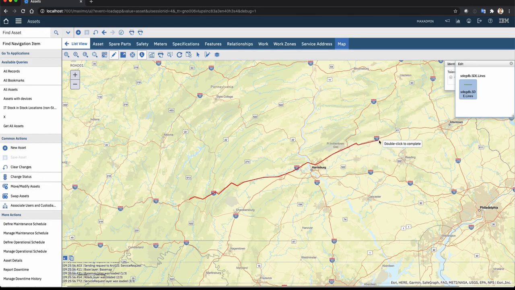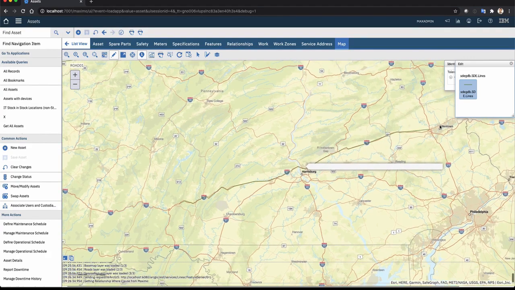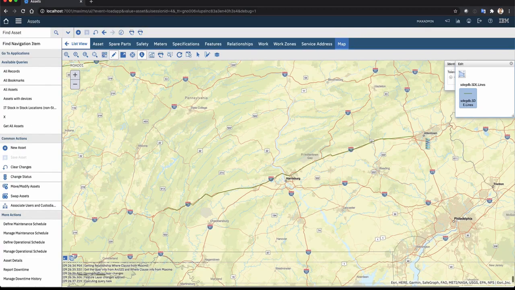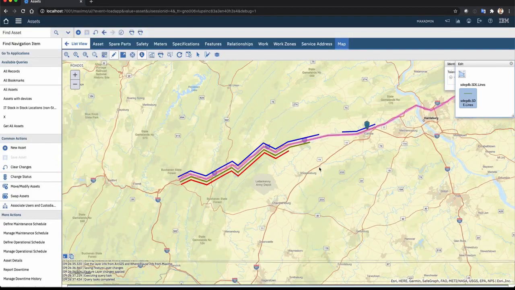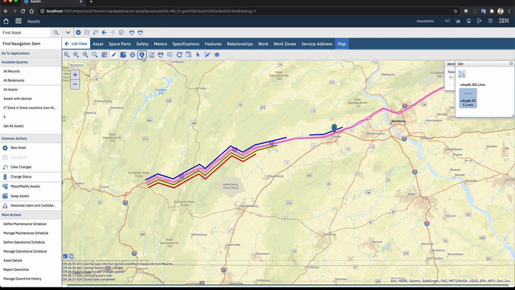And it will go until here. Let's close it. Well, as you can see, these are our layers, and if we use the identify tool, we